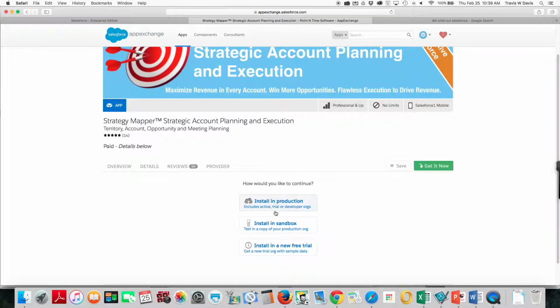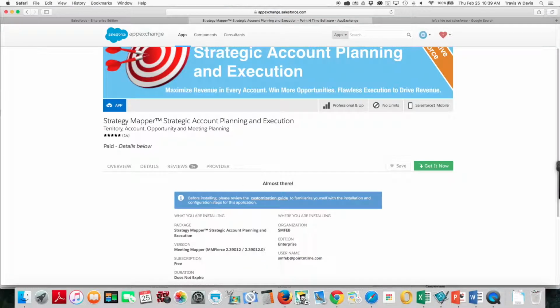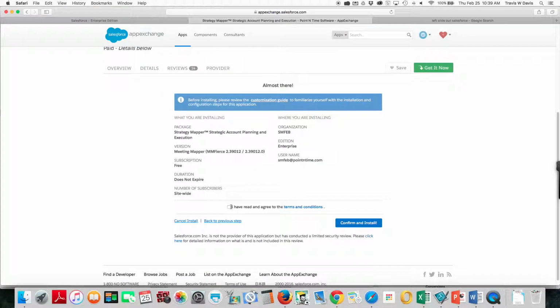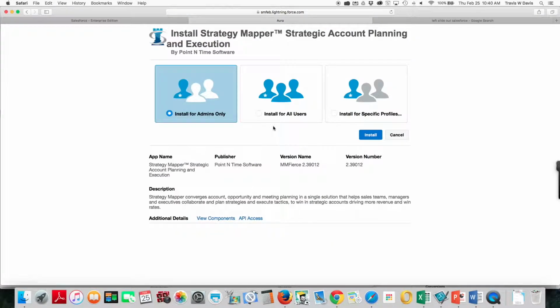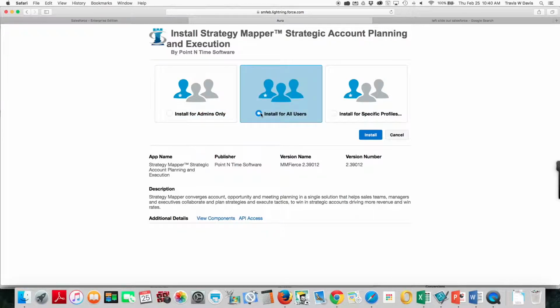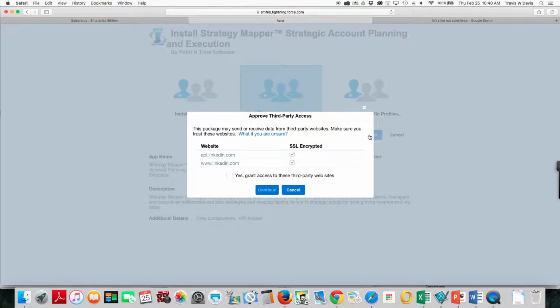I'm going to select Install in Production. I agree to the terms and confirm and install. I'm going to install for all users. We regulate the use based on licenses. Install it. I'm going to install these APIs